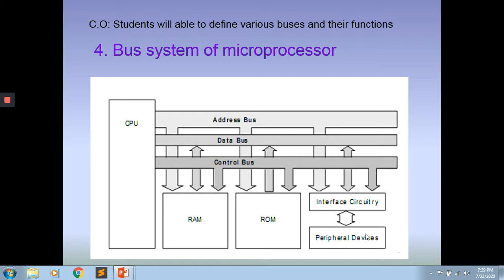So we are starting with the address bus. In this figure, we can see this address bus is connected from the microprocessor to primary memory RAM, then primary memory ROM, and then the interface circuit. And via the interface circuit, it is connected with input and output devices. What we can observe is that this is a unidirectional bus, meaning the direction is from the processor to memory and other peripheral devices.